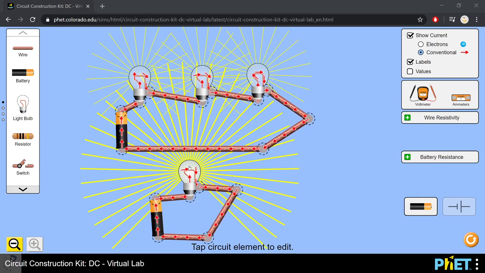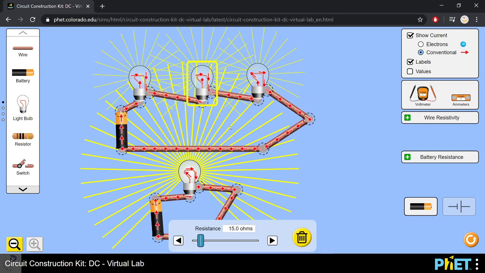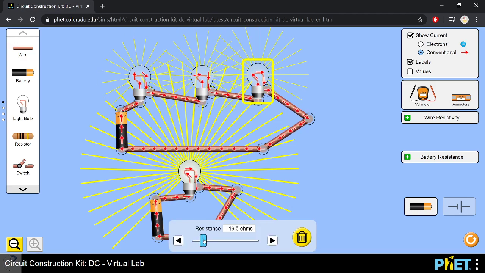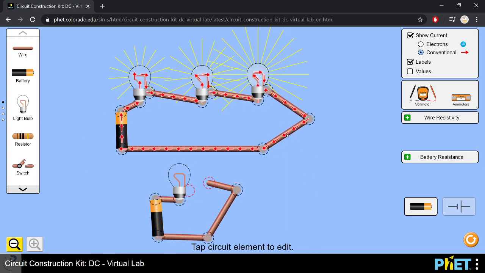Now, let's have different resistances. So if my resistances are different, this is 10, let's make this second one 15. Let's make this one 30. Okay, 30. There's too much going on. Let me turn this one off. Alright. So this is 10,